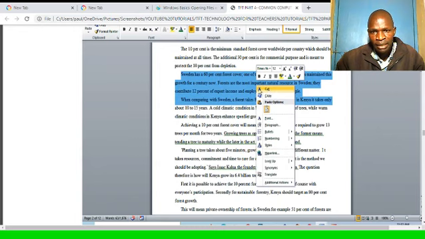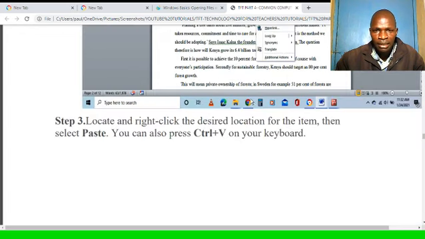Then you can see that one of the options here is cut, and it's represented by scissors. Clicking cut will remove the whole text from where it is and place it in another place called the clipboard, which is a memory within the application.